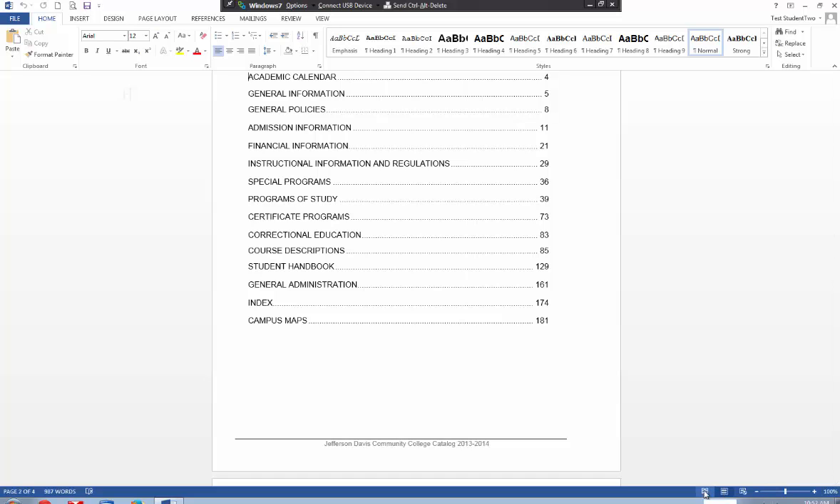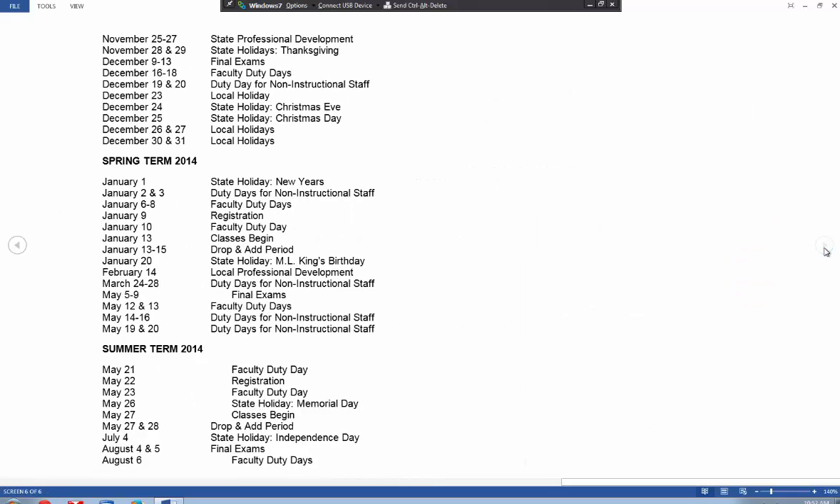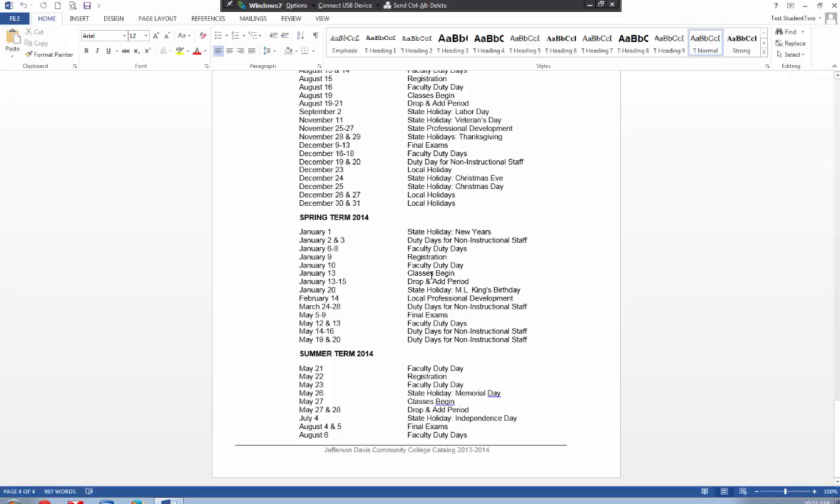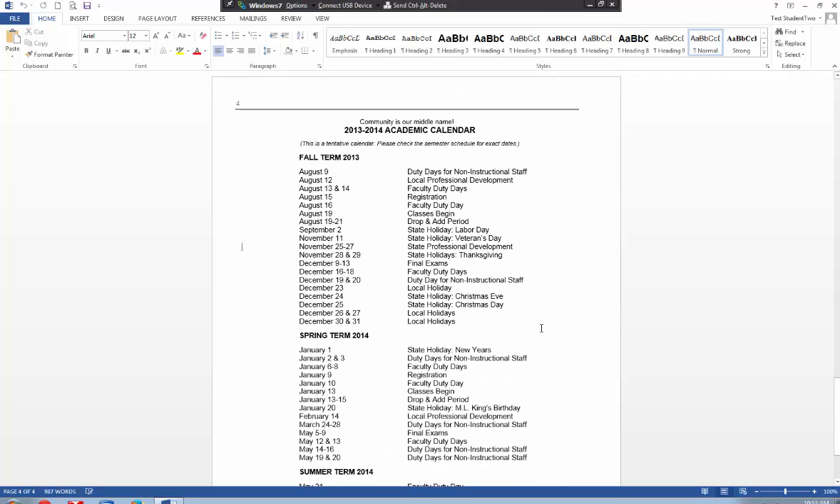Down here on the bottom right side, there is a read mode. Click the arrows that point to the next page. To get out of the reading mode, you can simply hit Escape on your keyboard, or you click down here at the bottom and click on Print Layout, which is the normal layout that you're used to. Another interesting new feature is